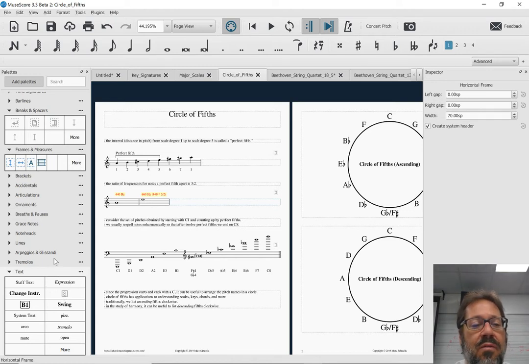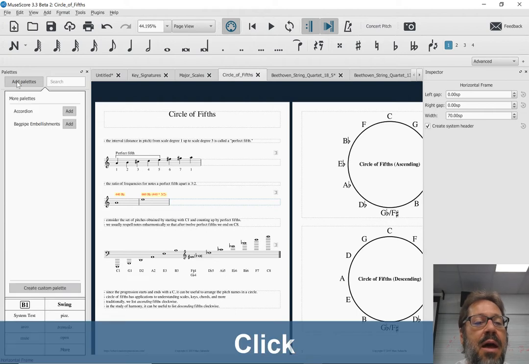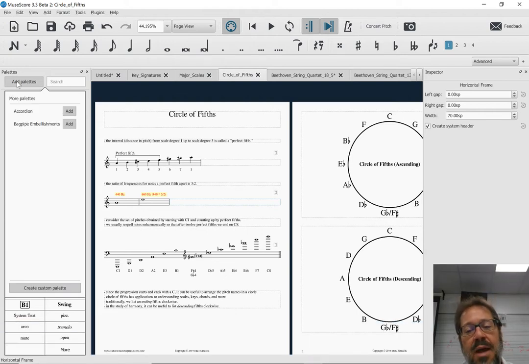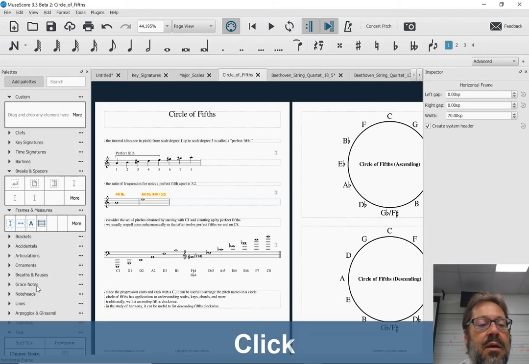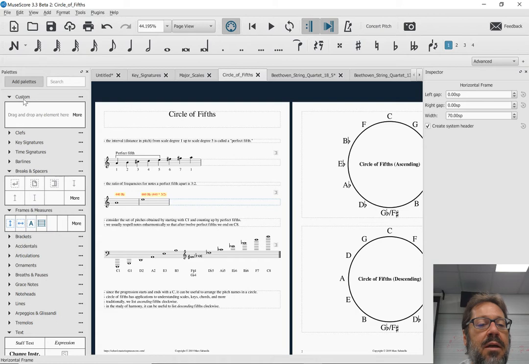So what if I wanted a palette that just had those things on it? Well, I can do that. Let's add a palette. It used to be, to customize palettes, you had to create a custom workspace, and there was all this extra steps you had to do. No longer the case. There's just a big old add palettes button. And I can now create a custom palette. And there's my custom palette. I could rename it